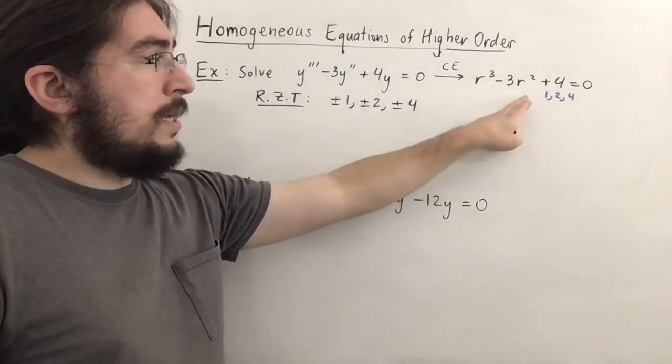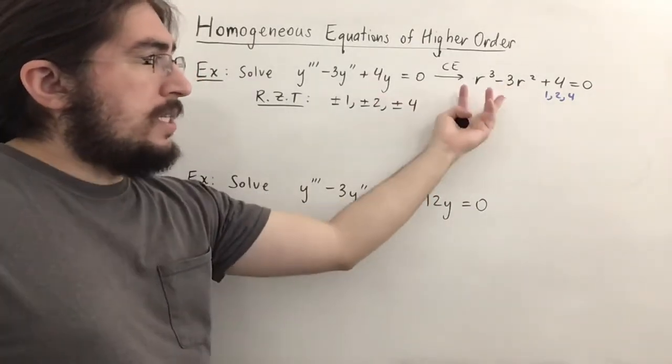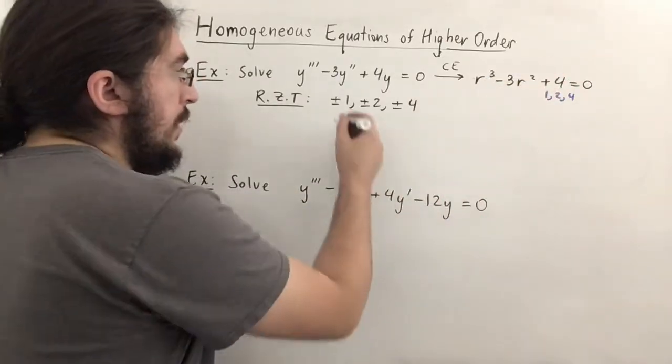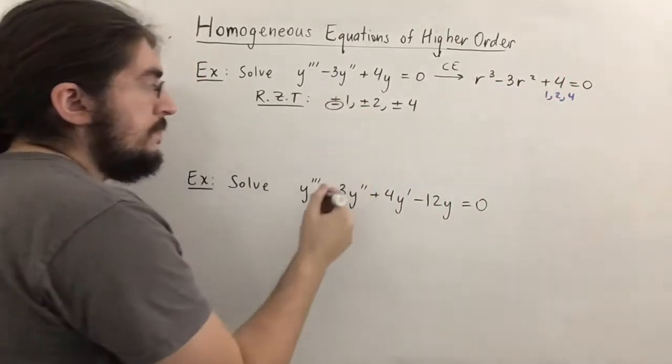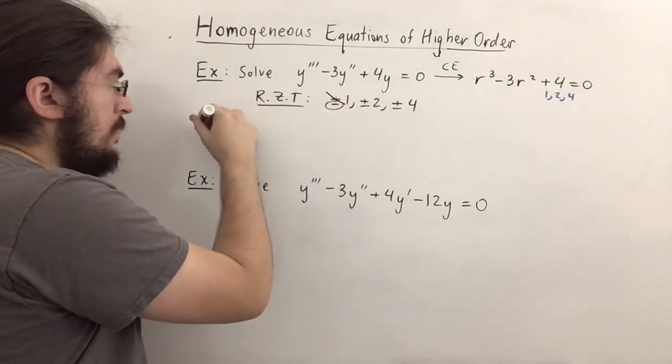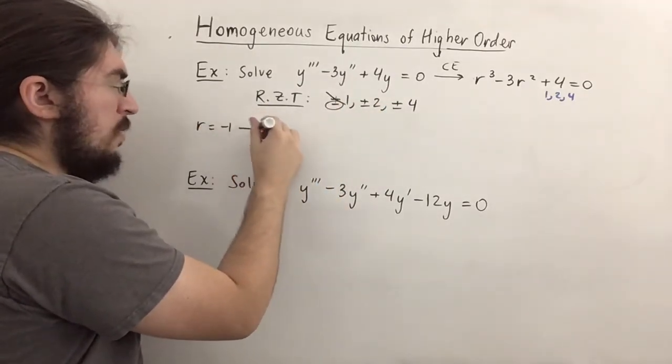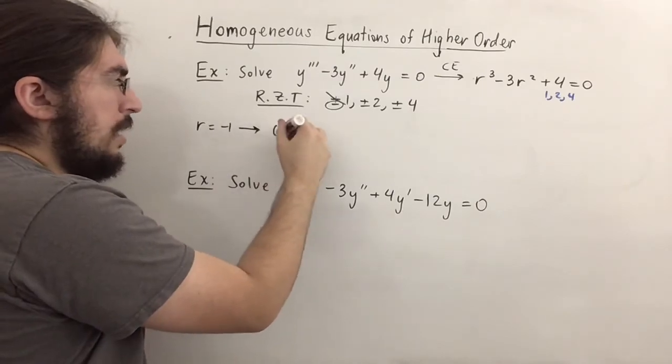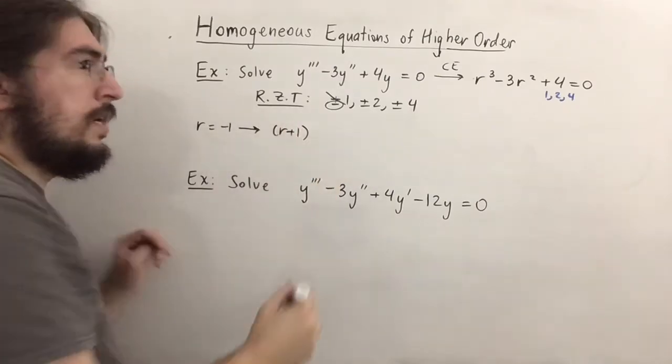Negative 3 times negative 1 squared is still negative 3, so that's negative 4, plus 4 is indeed 0. So negative 1 actually works. Okay, positive 1 didn't work, but negative 1 worked. Now, if r equals negative 1 works, then this implies that r plus 1 must be a factor of this